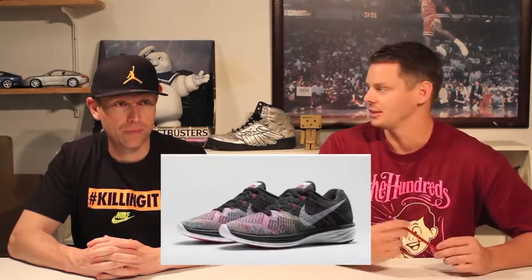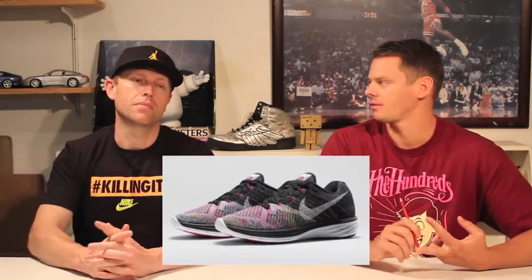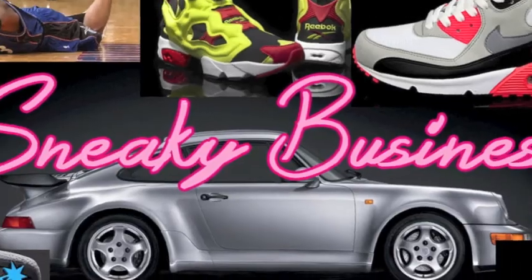They're going to be an everyday shoe. They're doing the Roshe Run. They're doing the Lunar Trainer 3. Yep. And they're doing the Zoom Agilities, which they all look rad. All the multicolour Flyknits kill it. So that's your everyday shoes. Flyknit's taken over Nike's core range of trainers and runners. Basketball shoes, it's in everything. Yep. Doing everything. We're back with the last segment of Sneaky Business, and we're going to be talking really quick